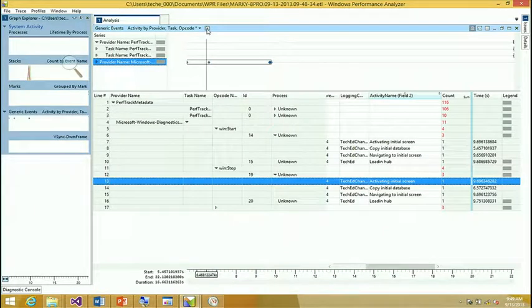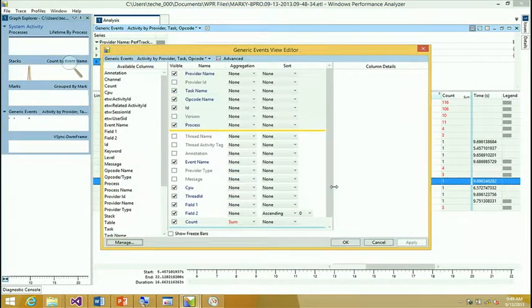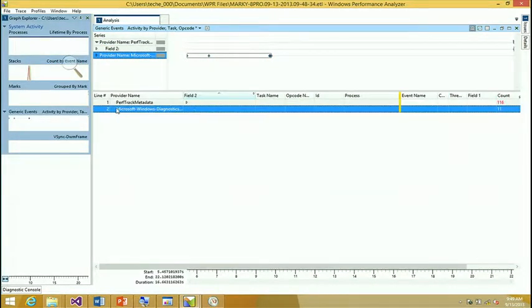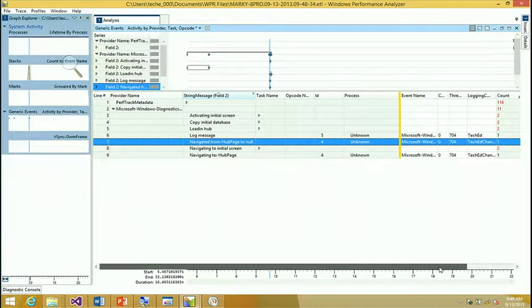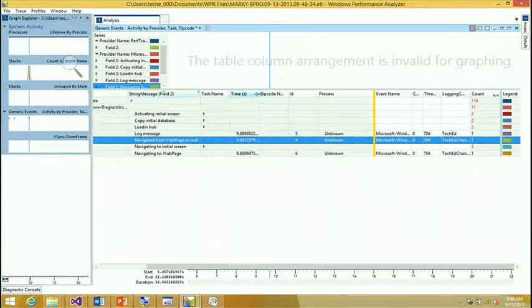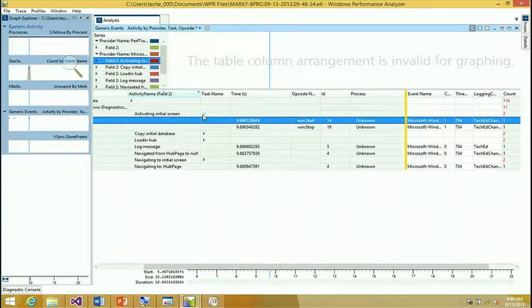So what I'm going to do is apply a transform, which is hopefully on my machine, and it's not. So that's interesting. That's not the one that I wanted to do. Let's just move this around so we can actually see how this works. I'm going to move in here to the event view, and I'm going to take the time and move the time there. And we've got all of our custom events here inside the application,